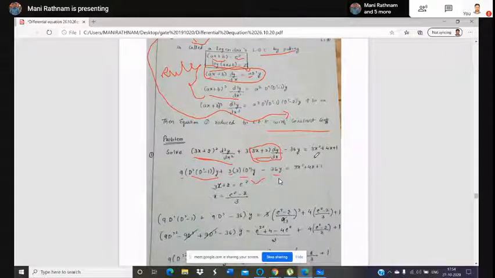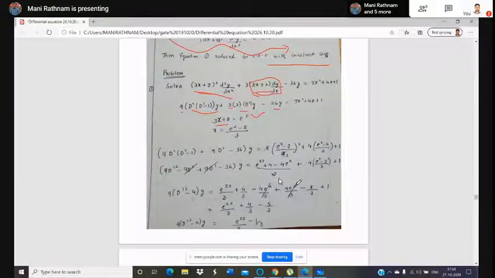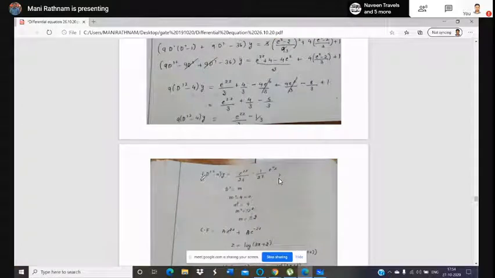On the RHS side, you have to take the x value. In the previous Cauchy's type, directly x equal to e power z, so you can write x equal to e power z on the RHS side. But here the x value should be changed into the new independent variable z. You should find out this x value from this expression. So x equal to e power z minus 2 by 3. Bring minus 2 to the RHS, divided by 3. And after all this, you have to substitute here. And after simplification, you will get a constant differential equation. Like that, you will get a constant differential equation with variable coefficient.